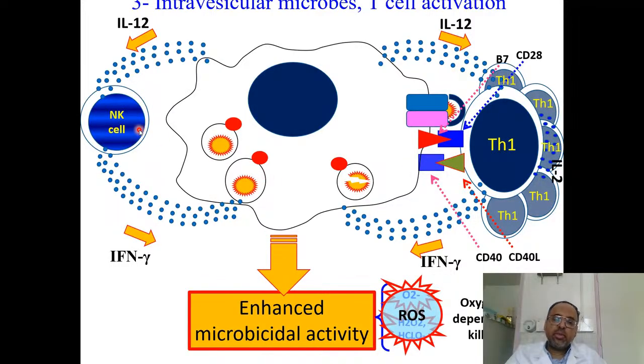NK cells are fast, but not very strong in terms of helping the antigen presenting cell or the macrophage. With T cells, their help needs a couple of days. Actually, if you recall from the previous class, when I was talking about type 4 hypersensitivity, I alluded to this concept. I said that type 4 hypersensitivity, which is mediated by T cells, is also called delayed type hypersensitivity because it takes time.